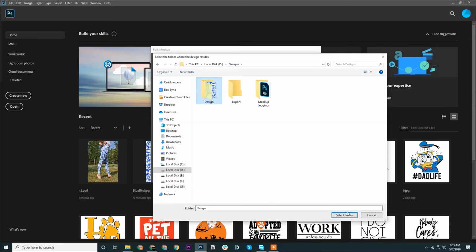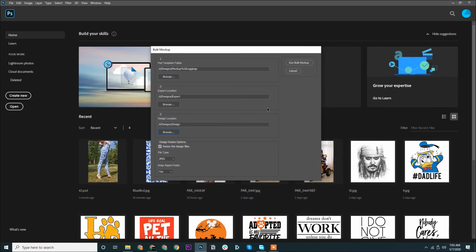We'll select the designs. Now if you remember, we had to copy the designs and press Ctrl T and elongate to all the area. That was because the smart object was not resized. So you could say that our smart object layer and the design files were not of the same size.